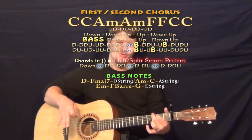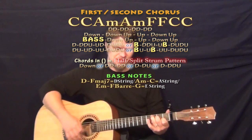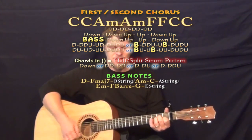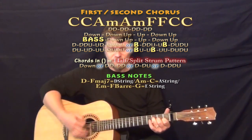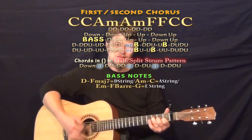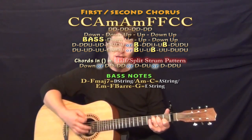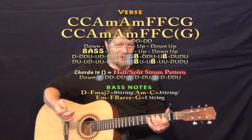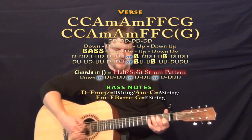So we tried that chorus with a bass down, up, down, up. We have the C, C, A minor, F, C, C. From there, we'd be going into our second verse. So we tried that with basses. We have the C, C,